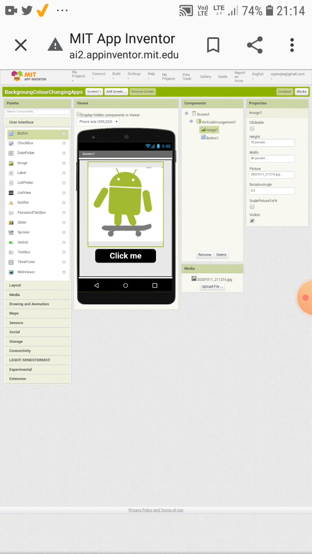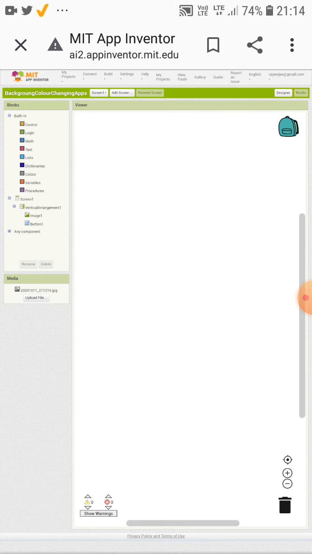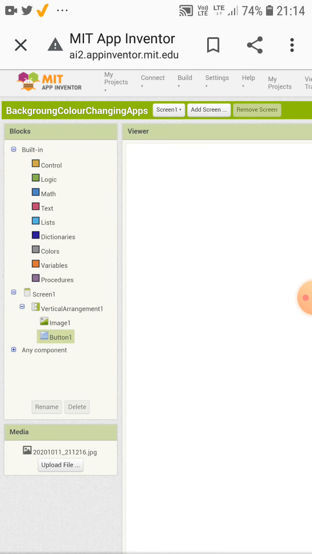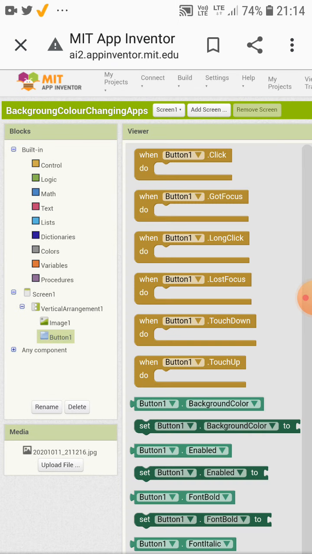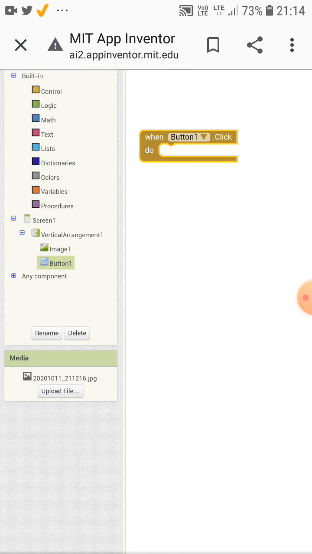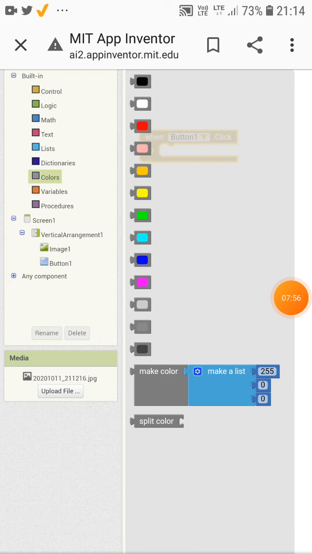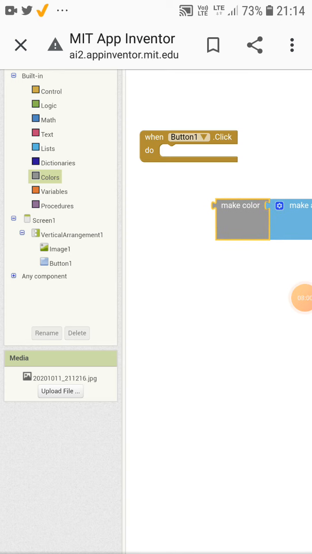So now let's make its functioning part. I'll start with Button 1. Drag the when Button 1.Click do. Now next I'll click on Colors. Here it is, make color, make a list.